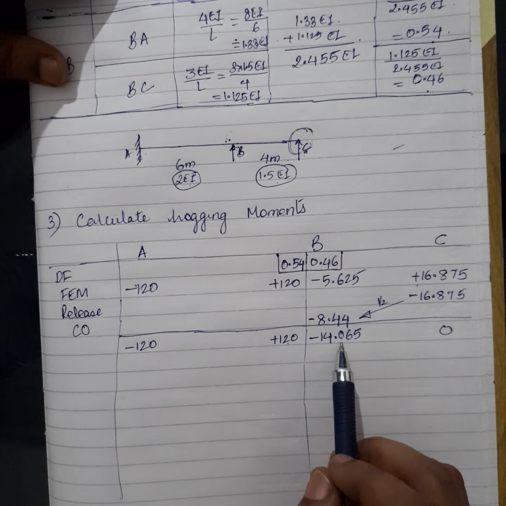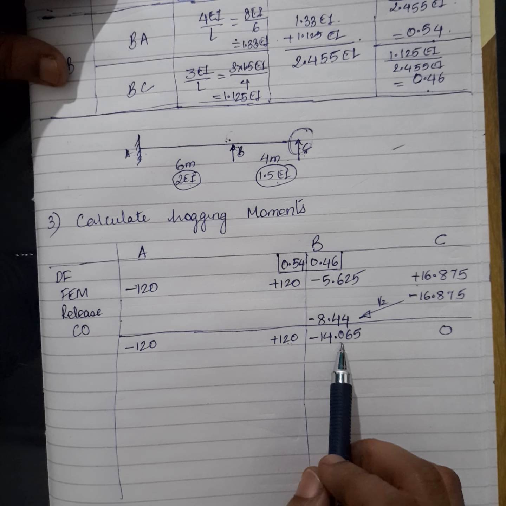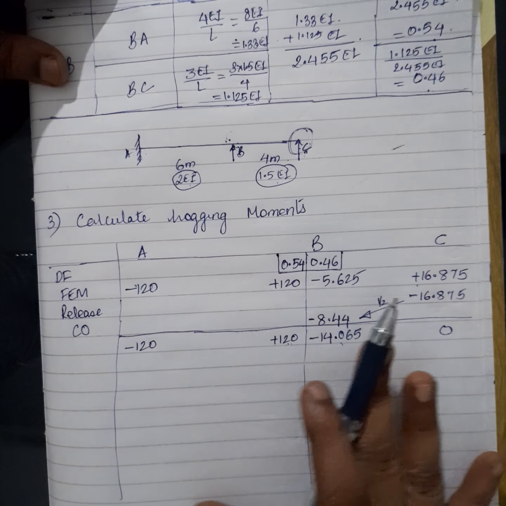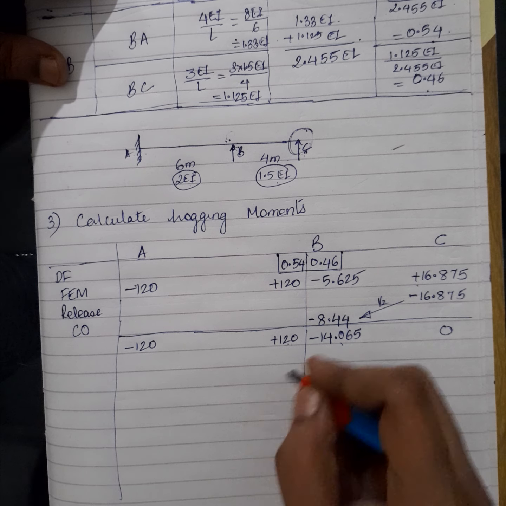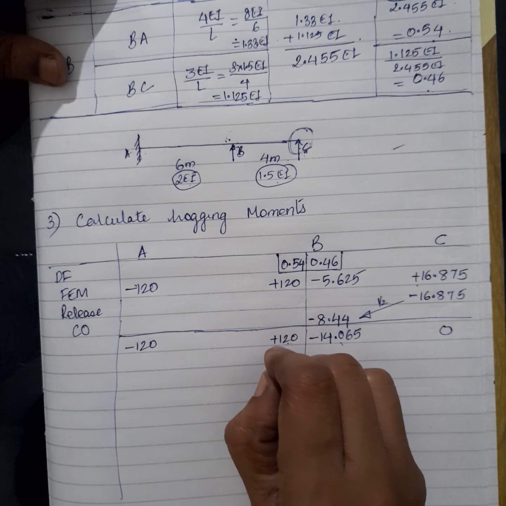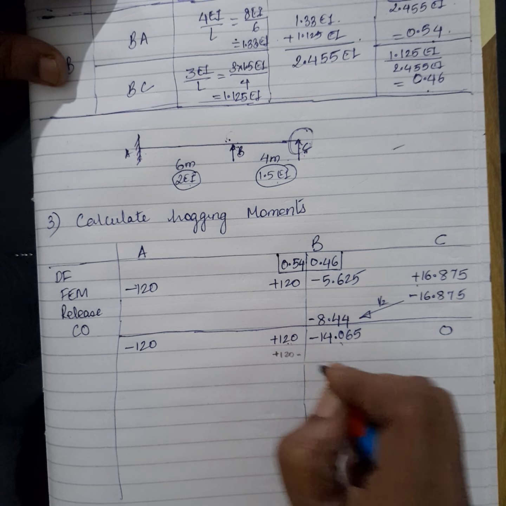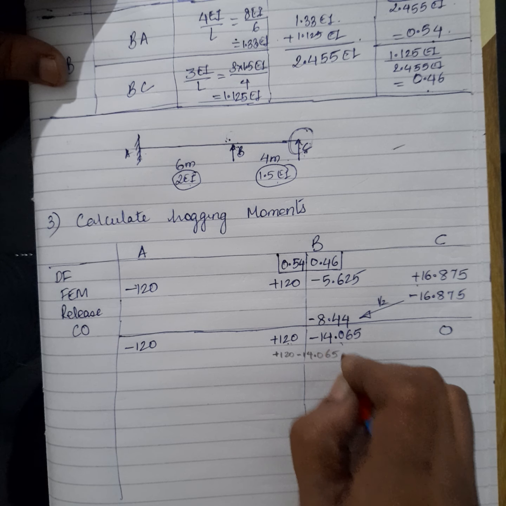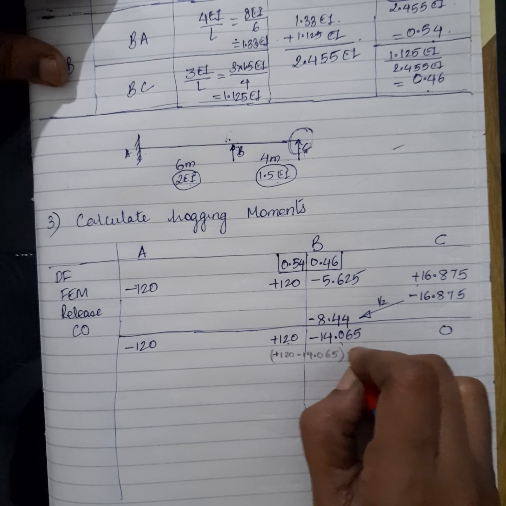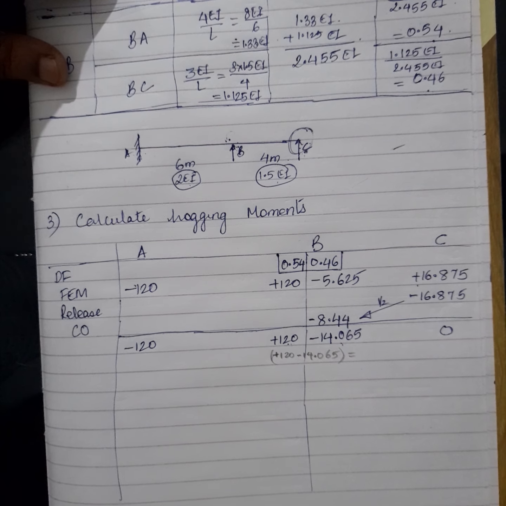This value is the unbalanced moment, so we have to balance this. The full analysis lies here now. So how am I going to balance this? Plus 120 minus 14.065. How much is this? 120 minus 14.065 is